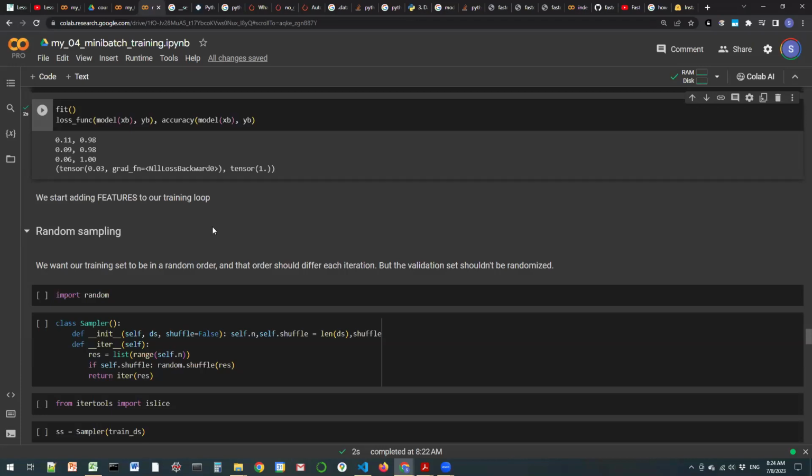So how do we add that to the training loop that we have built here? We import the Python random module, and we create a sampler class. So what does the sampler class do? Again, this is our own sampler class, Python coded. Our sampler class says, let me take the data set and a flag called shuffle, and I'm going to make self.n basically the length of the data set. And again, I'm going to make the sampler an iterator. And what the